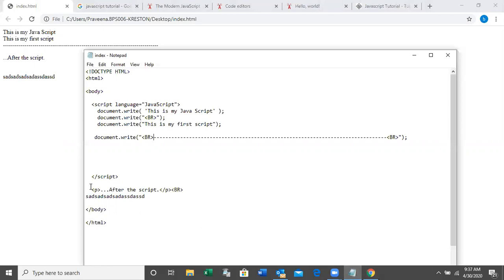I'm going to write this one in a single line. See here. Document dot write.